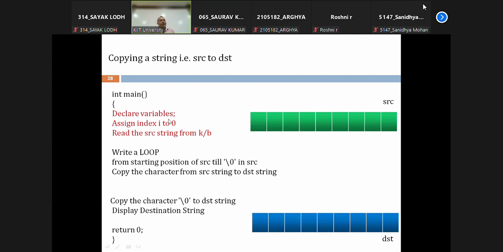Look at this. I will declare variables, and we have two arrays like this. Assign index I to 0. I is pointing to the first position of the string. Then I'll write a while loop. Every time, the character will be copied to the same position of destination 1, 2, 3, 4. I'll go on copying till I come across \0. And when I get \0, I'll come out and copy a \0 at the end of the destination. If you look at the picture,